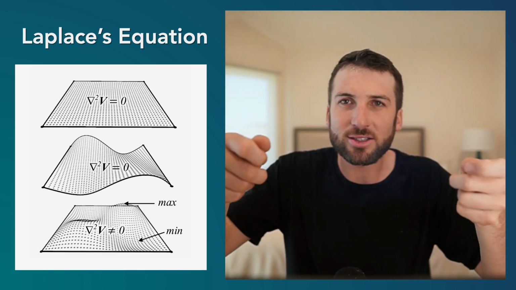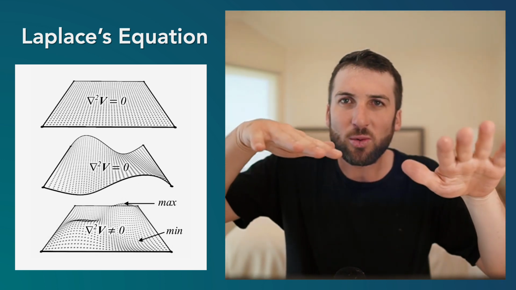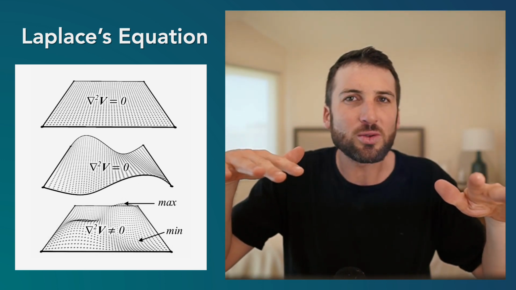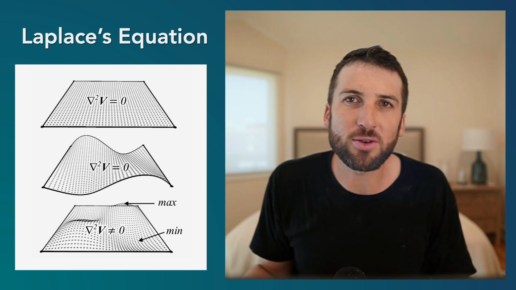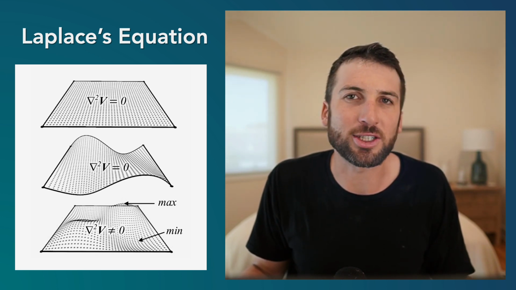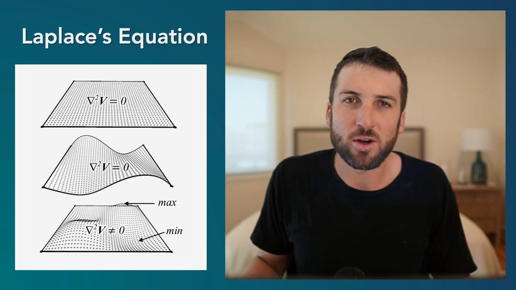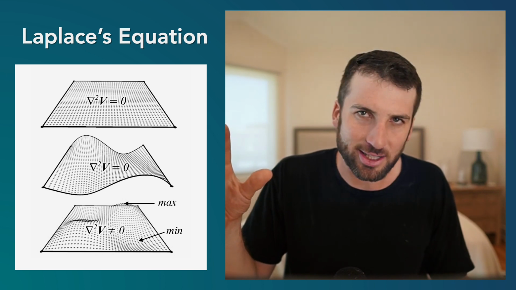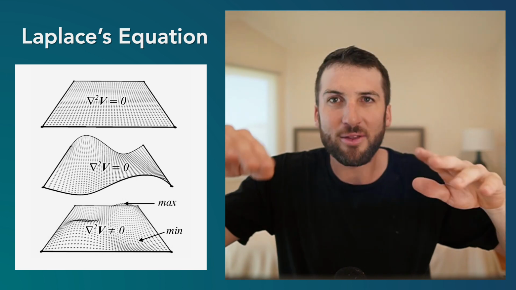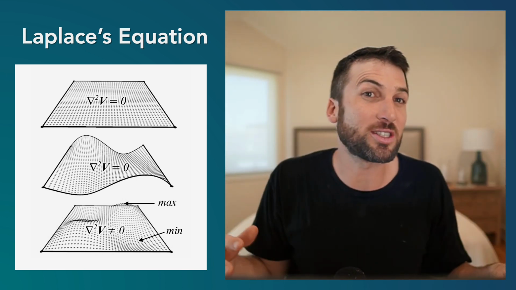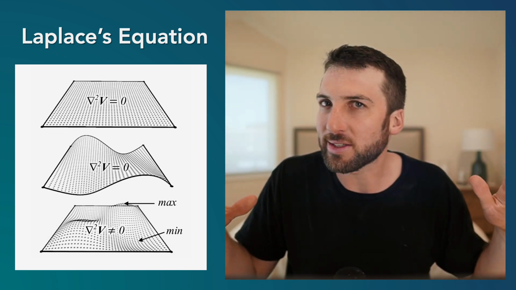Now, if you bend that square ring with the soap film, it would change, right? But it would change in such a way to still minimize the distance. It wouldn't create extra little bumps and extra little dips. And if you actually calculate, it follows Laplace's equation. So basically, there's no extra dips, there's no extra bumps. So the bottom example shows an example where Laplace's equation is not followed, right? Between the boundary points, there may be an extra bump and extra dip. Now that may describe an energy, and we'll see energy is all about breaking this equilibrium, but in a state of equilibrium, it follows Laplace's equation.